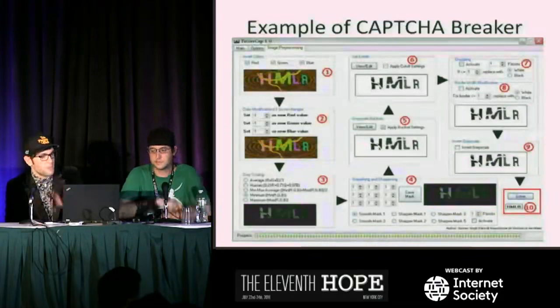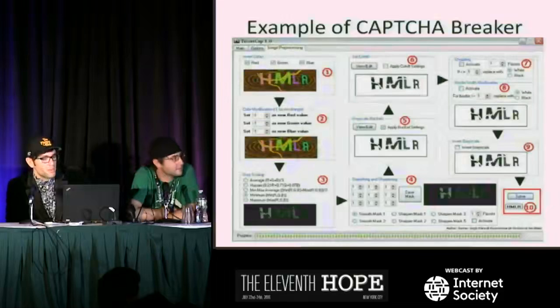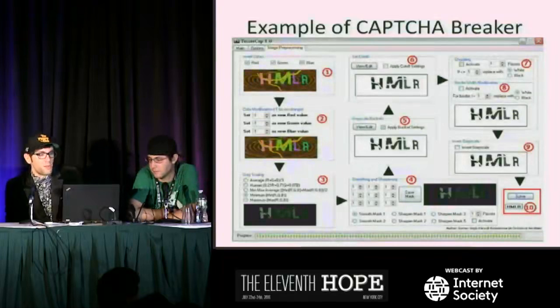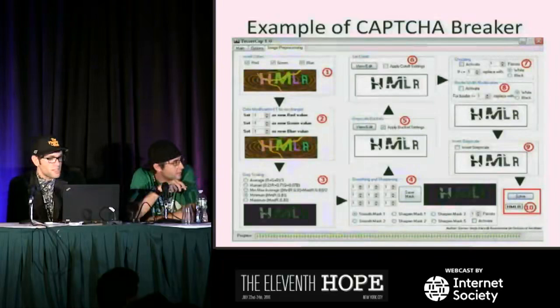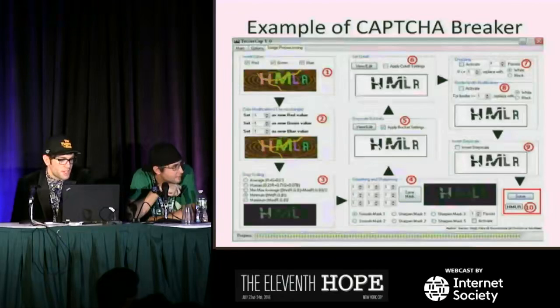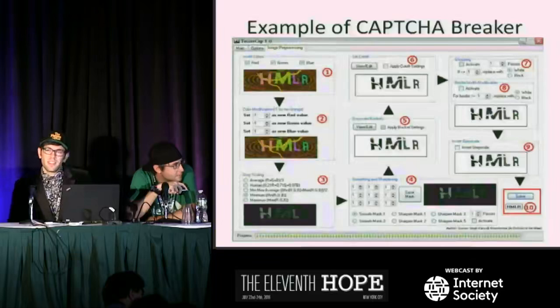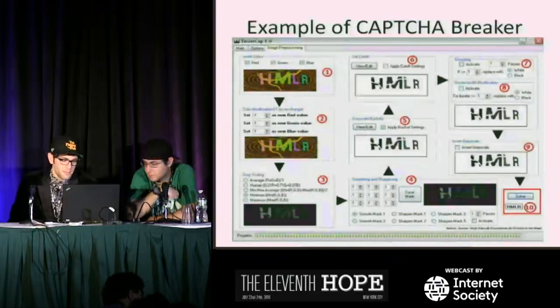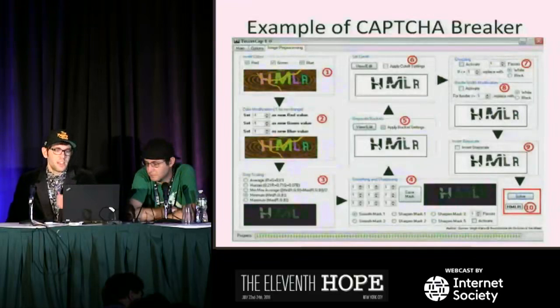So here's an example of a challenge being ripped apart, 1 through 10. So number 1 shows you the basics of what the challenge looks like. Then you can see where we begin the color modification in number 2. It gets stripped down to black and white, right? Then we have some grayscaling functions here, averaging, min-maxing, things like that, which helps filter out some more of the background noise until you see with,